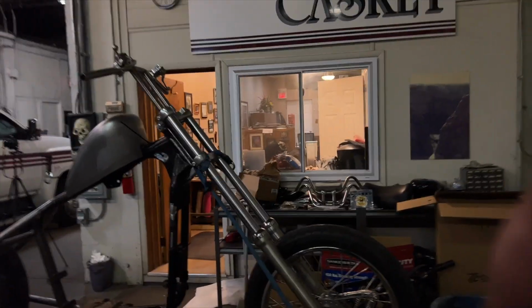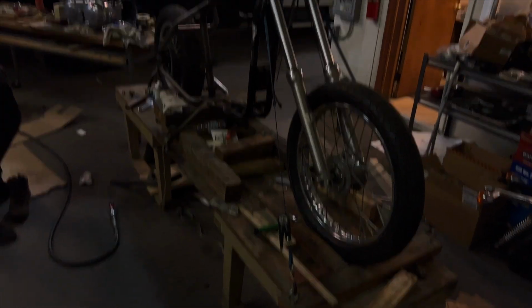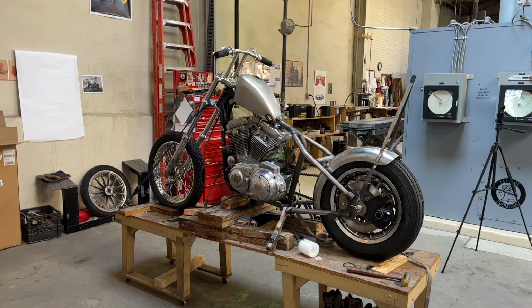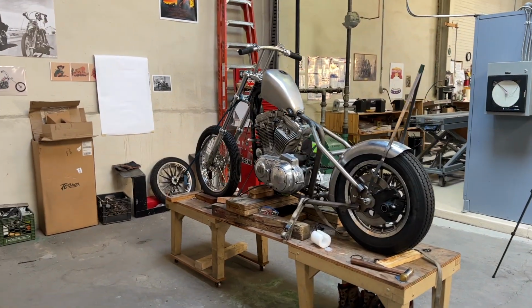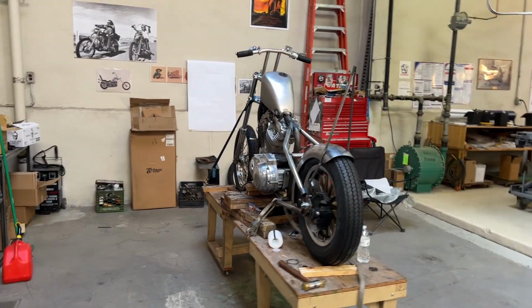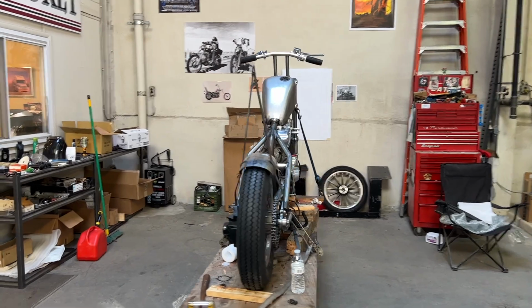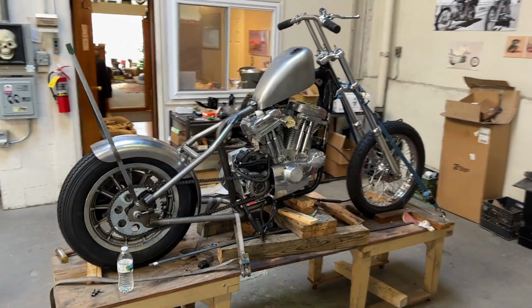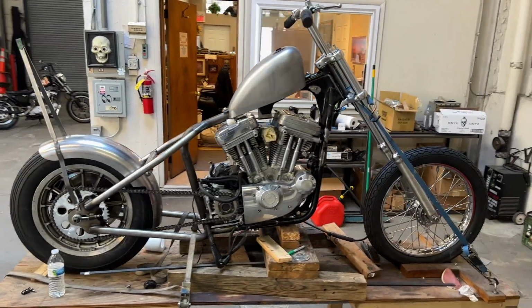All right. All of this in 1 weekend, by the way. Chopper every weekend. 6 overs, some T-bars. Got the engine in, got the fender mounted, got the sissy bar all bent up, got the bars cut, got the fuel tank all mounted up there too. And yeah, baby,